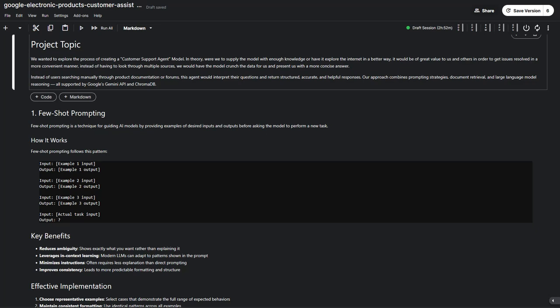to explore the process of creating a customer support agent model. In theory, if we could supply this model with enough internal knowledge or allow it to intelligently search through curated content, we could build a highly effective assistant. Instead of users searching manually through product documentation or forums, this agent would interpret their questions and return structured, accurate,